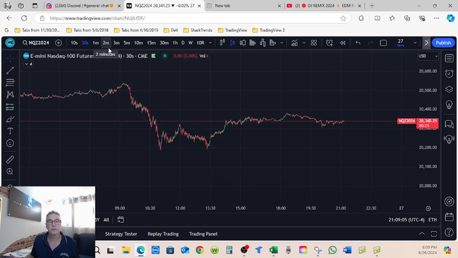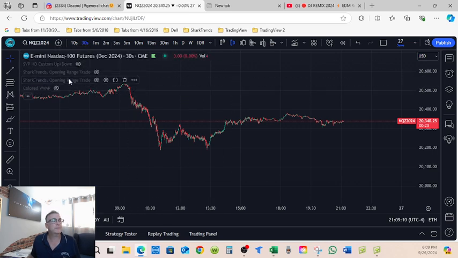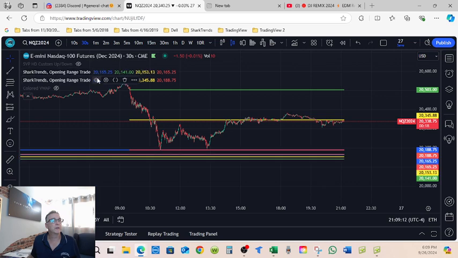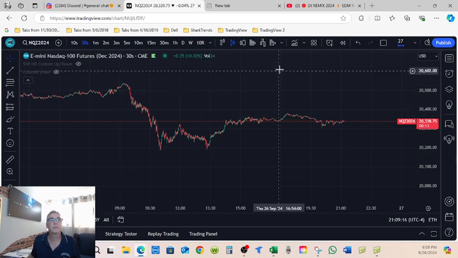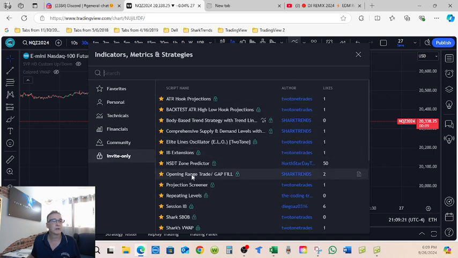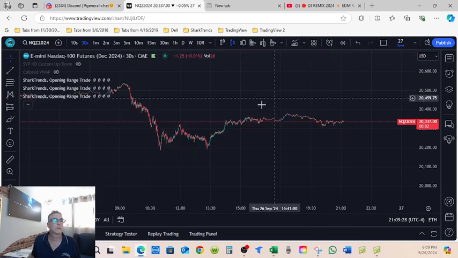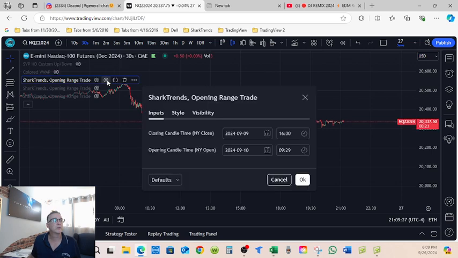But anyways, what you're going to do is, I already have these on here, but let me go ahead and delete them so that you guys can see. Just go into your invite onlys, click on open range gap fill. You can do it a couple times if you want, or maybe even a third time. You can stack these. I'm going to turn each one of these off, and then I'm going to turn one of them on, and then I'm going to go over to